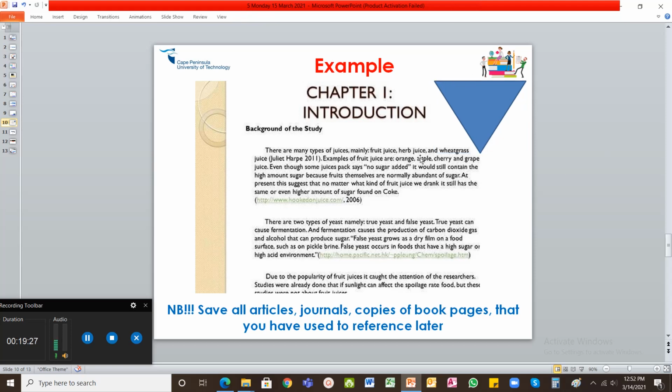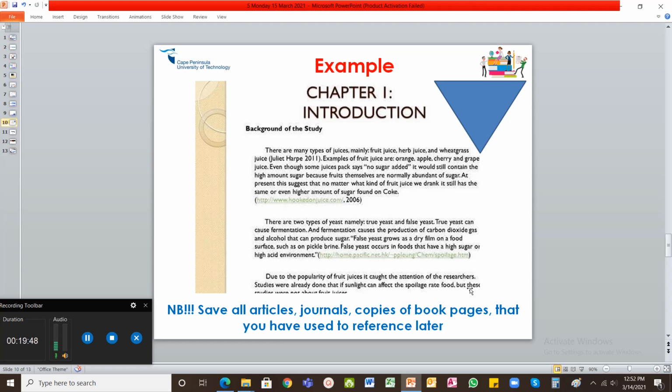So here they are saying there are many juices, for example, this juice, and then they are building it down. There are two types of yeast. So now they're getting a bit more concentrated. Due to the popularity of the juices, it's caught the attention of the researchers. Studies were already done